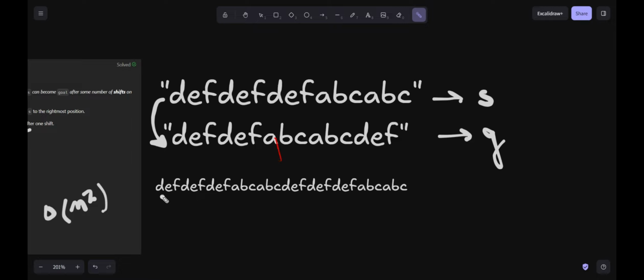DEF, then A, DEF, and then DEF. So this particular character is not similar to this, so we'll move forward. For this i, I will check this is not equal, then we'll move forward. For this F, this is not equal. So we'll move further and we'll get up to a point when we get here, right?